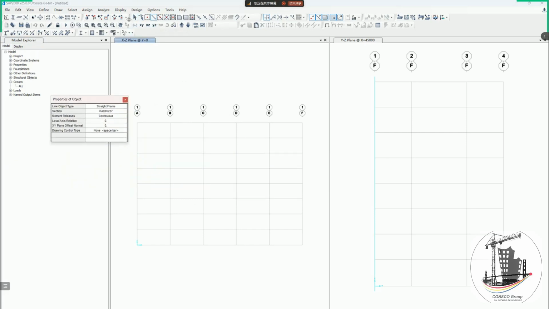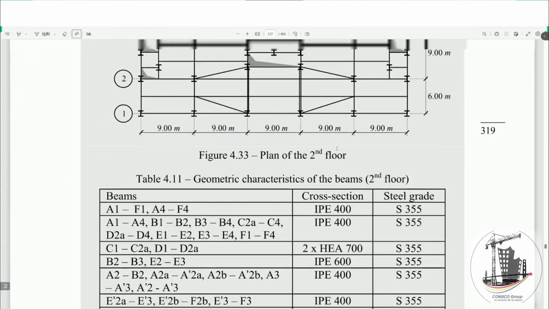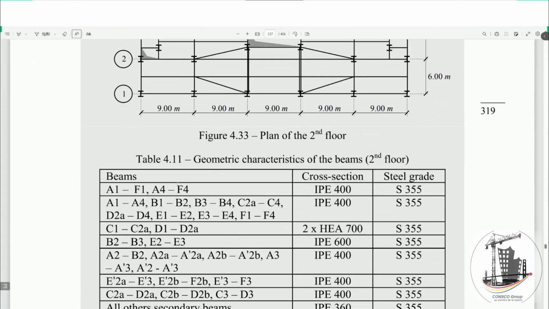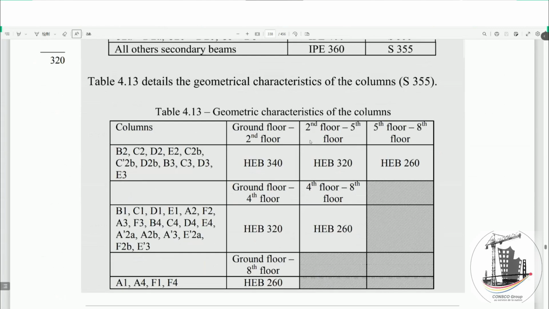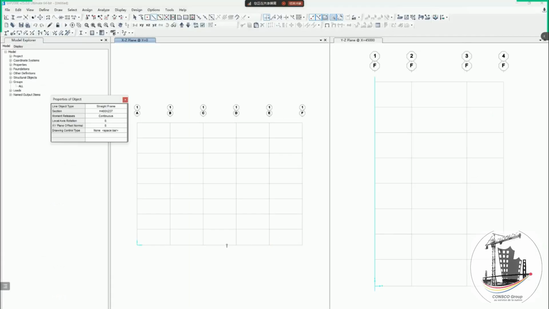When I click on this option, it draws the elements that are cables or straight frames. I know it's a straight frame, but I need to check which section. They say these are for beams. These are for beams. Now these are for columns. We see they say ground to second floor. Ground to second floor means from this one to this floor. Ground to second floor, these two floors, and the remaining one, this floor, has